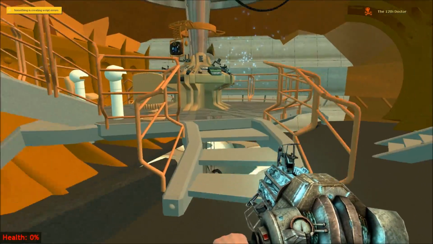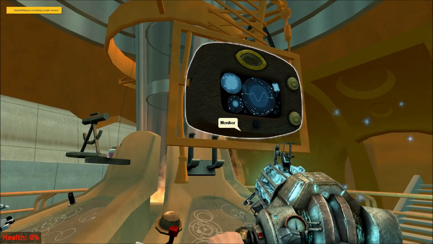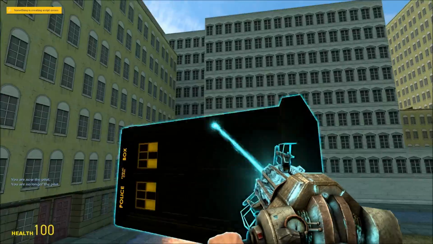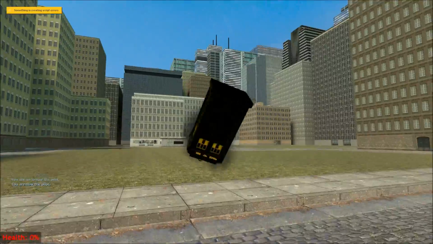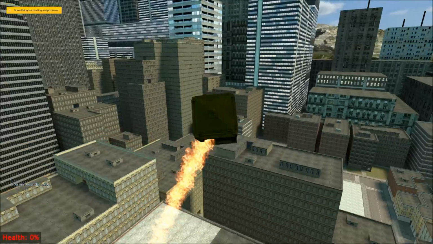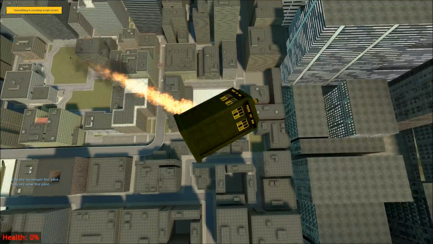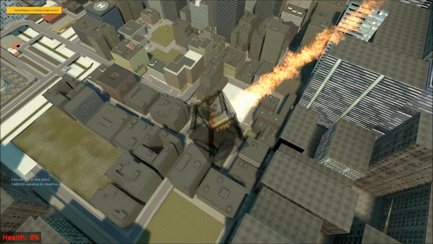Okay, so now the TARDIS is dead. It can't teleport. It's turned all black. They got the death color. And you can fly it, but it does this. Like I can try and teleport, but sometimes I'm